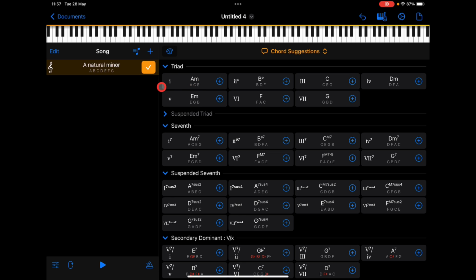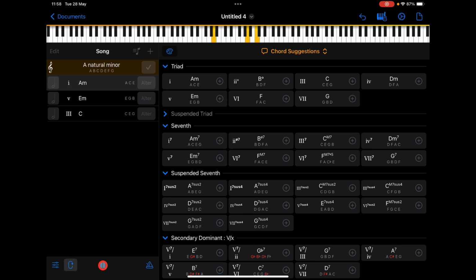So for example, all you need to do to add a chord in is just click this and it adds it, click this and it adds it, and click this and it adds it, right? So you'll see this represents like a half note. It's like half a bar. So if I have this on repeat and click play,